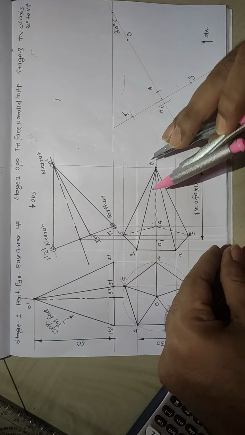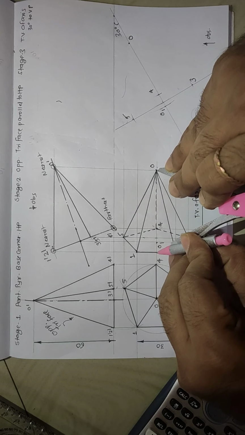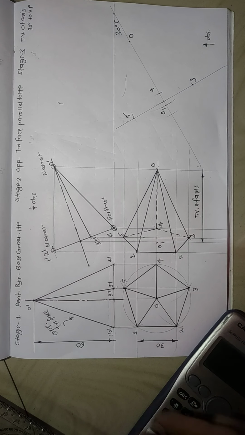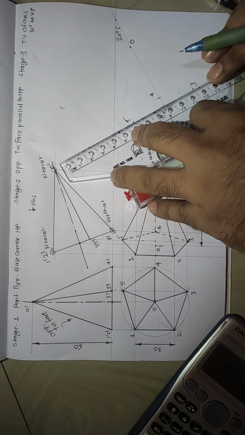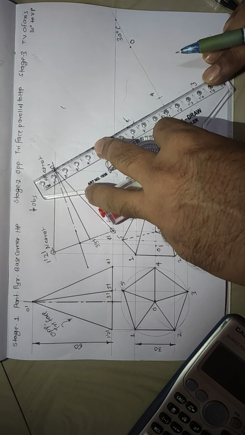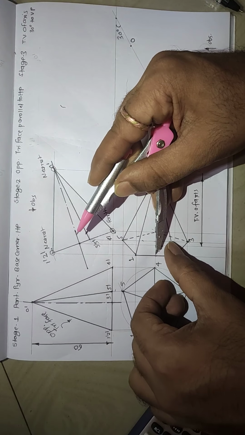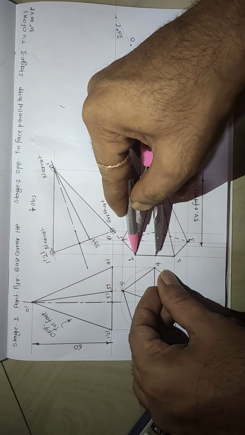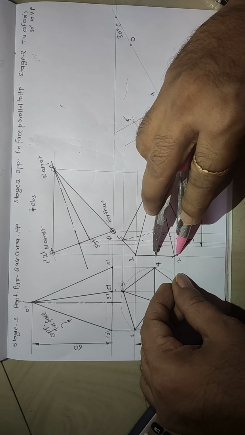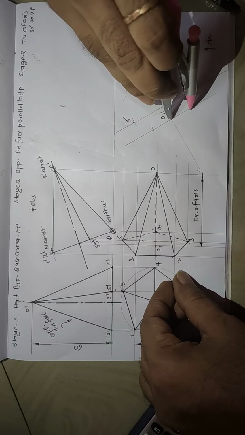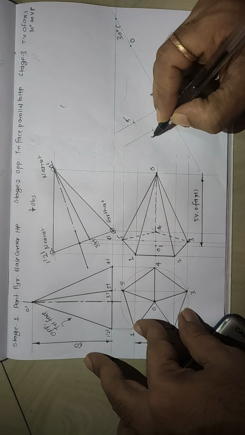Now for point 1 and 2 you have to just locate the extreme end. This is the extreme end of the diagram. This extreme end I will locate over here, and through that point also I will draw one parallel line. See, I will draw one parallel line through this point, and on this line I will transfer these 2 points. See, on this line I will transfer this point 1, which is the same for 2 also. 1 and 2, these are equidistant points. So from this point I will mark 1 point over here, 1 point over here. So this becomes my point 1.